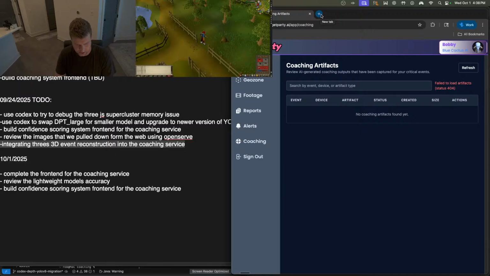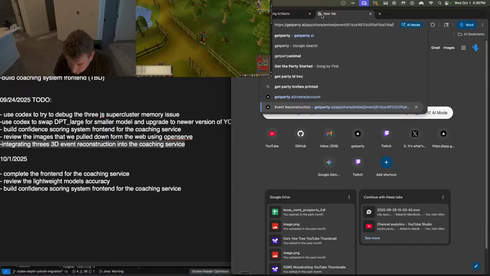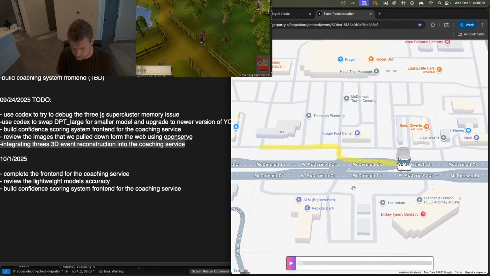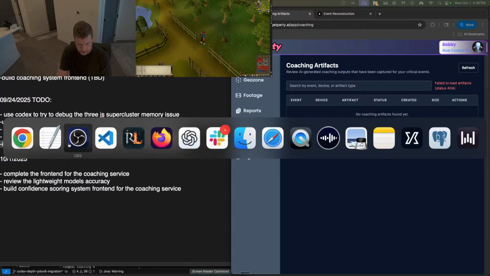Okay, nice. We have this here too. Coaching artifacts. Okay, so we're actually building some code here. Today what we're going to be doing is, we already migrated to a more lightweight version of the depth model and also the object detection model. So I'm going to say,